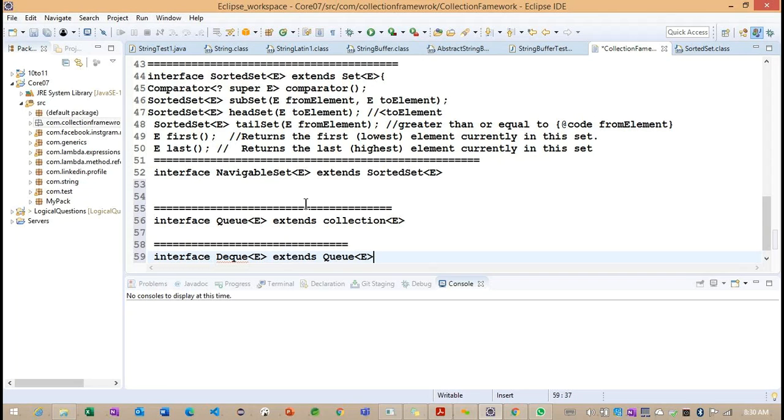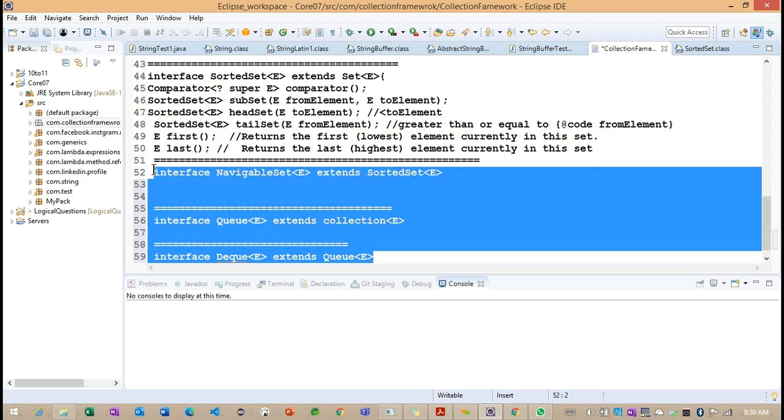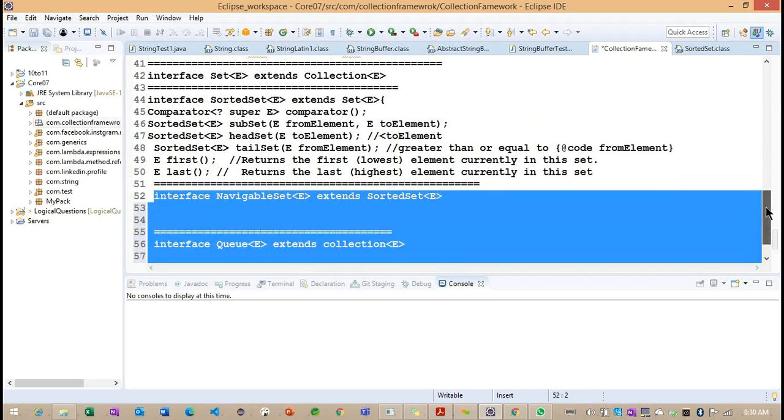So these are the collection interface concepts. Once we complete the remaining three interfaces, we'll try to understand how each and every method is implemented and what the implementation classes are, because one interface can have multiple implementation classes.